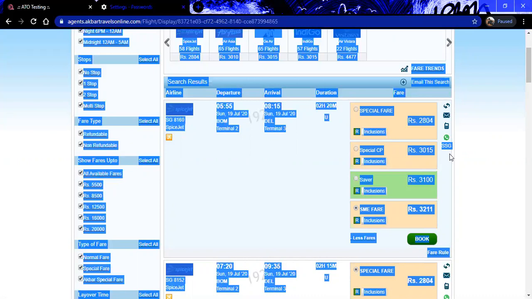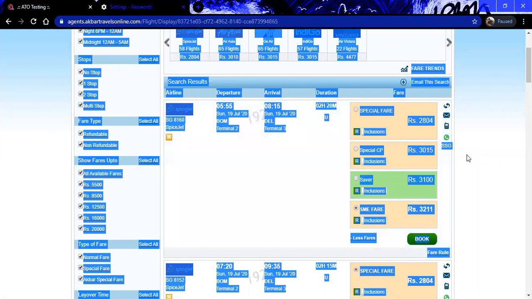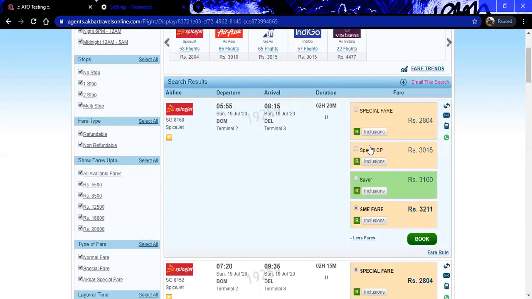You can identify this by doing Control A on your particular availability page. This is how you can identify things fare-wise. One more thing here, we are showing R. What does R denote? R is a refundable fare. If it is written as N and it is a red N, it is a non-refundable fare. The agent can select the fares accordingly and go ahead with the booking.